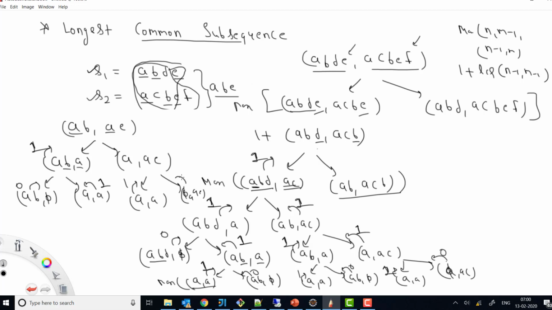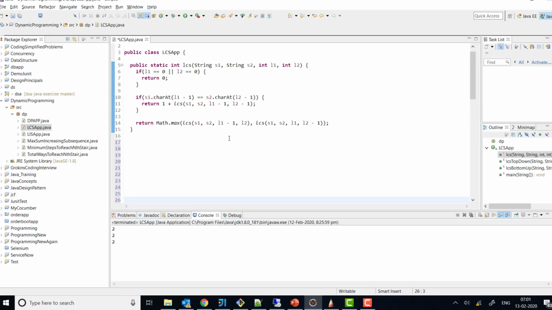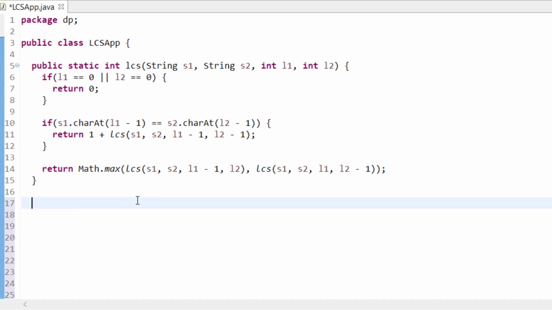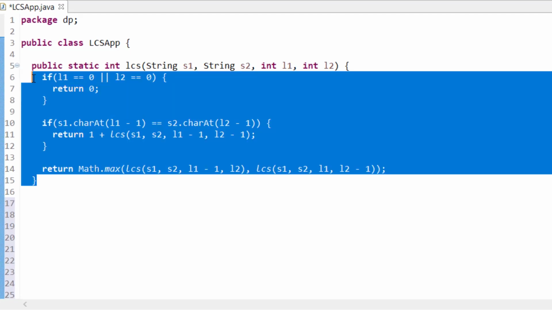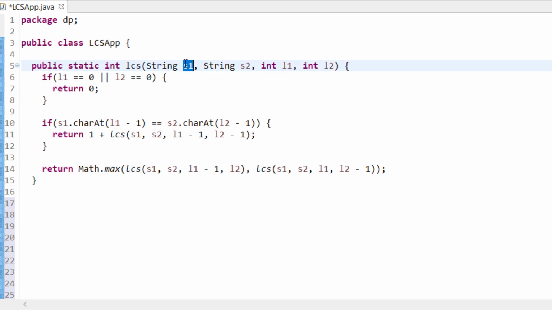Here it is phi, so it will return 0. 0 and 1, what is the maximum? 1. Now this is also returning 1, and this is also returning 1. So the maximum is 1, which means overall it will return 1. So if you see, here we have the S1 string